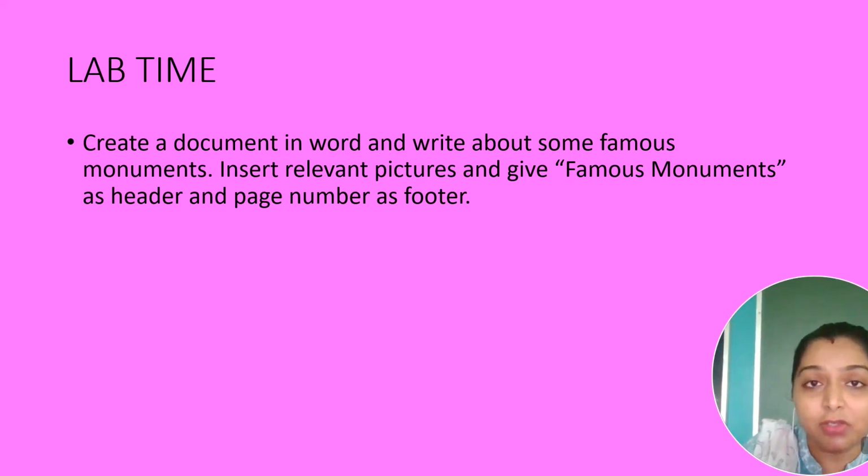You will just write 2-3 lines. You will write about two monuments. Okay, two famous monuments you will write in the Word document. How will you write? You will insert a picture of a famous monument, and you will write in a bullet list. For each monument, you will write at least 2 points: where it is and who made it. Clear? For each and every monument, you will write 2 points with the help of a bullet list.